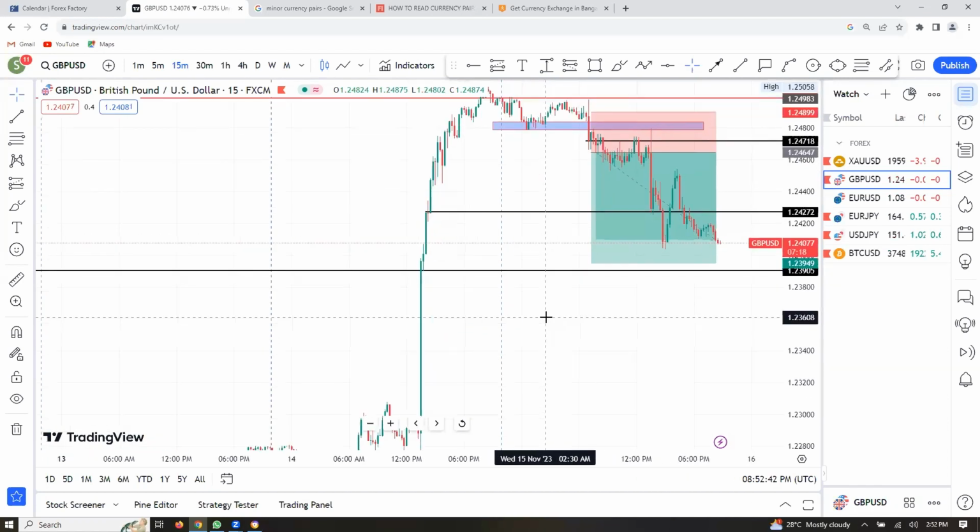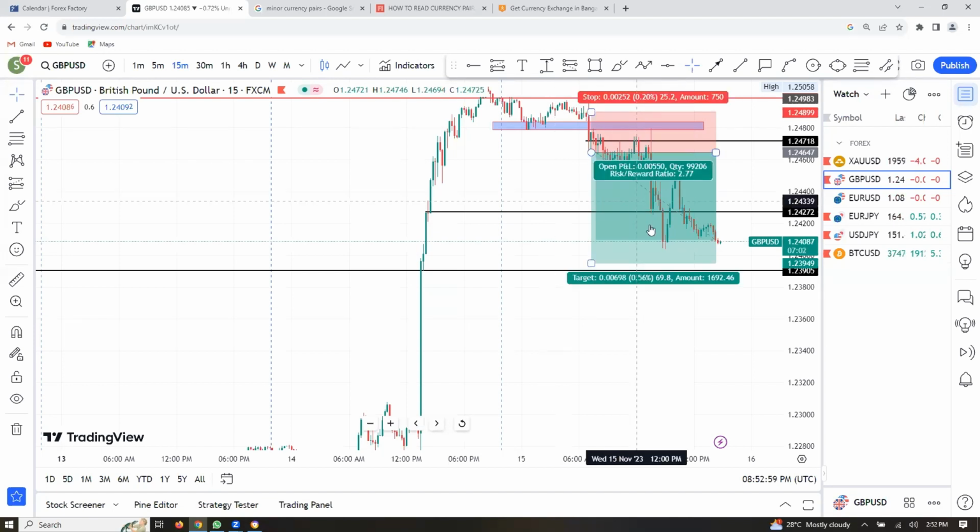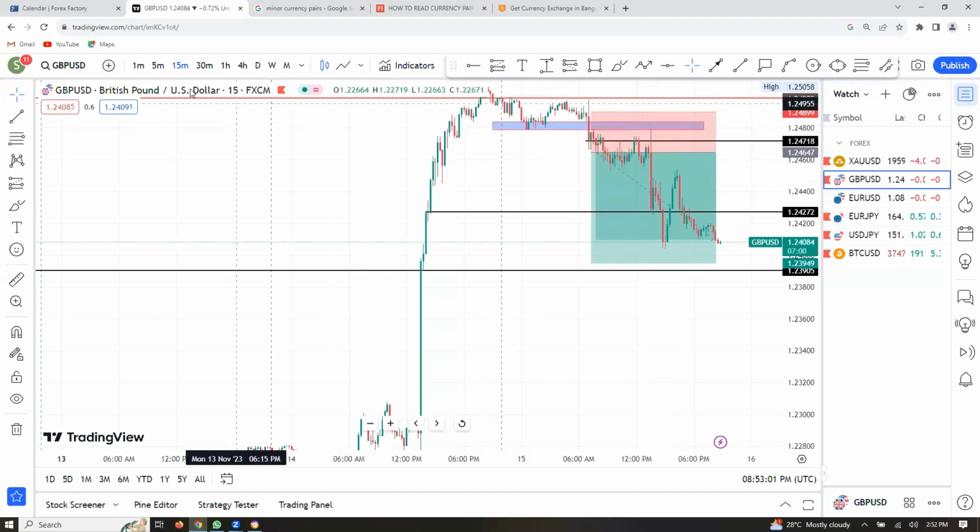But it's good to know when to trade and when not to trade, because not all hours have the same monetary movement or volatility in the market. So you must know which time or which hour to be in the forex market so that you can get good opportunity out of the market. You understand? So today we are going to be talking about currency pairs.